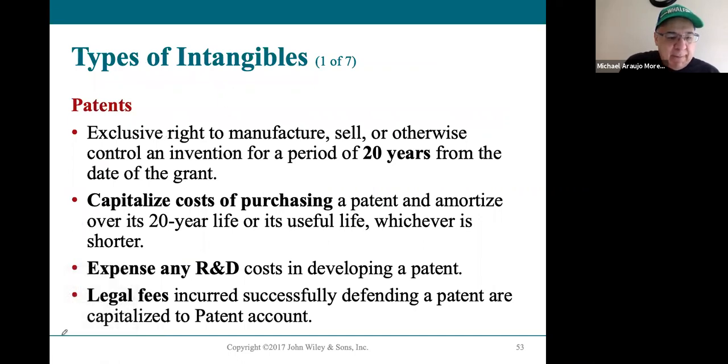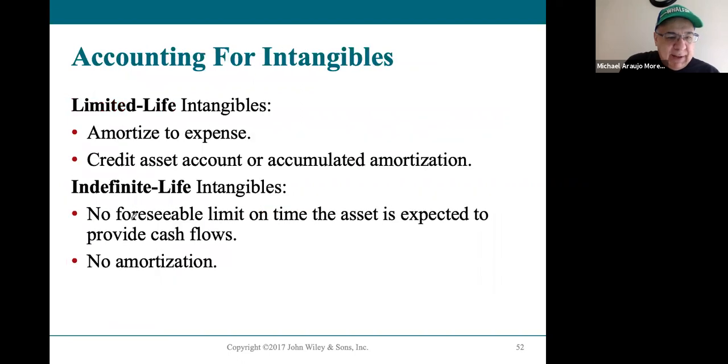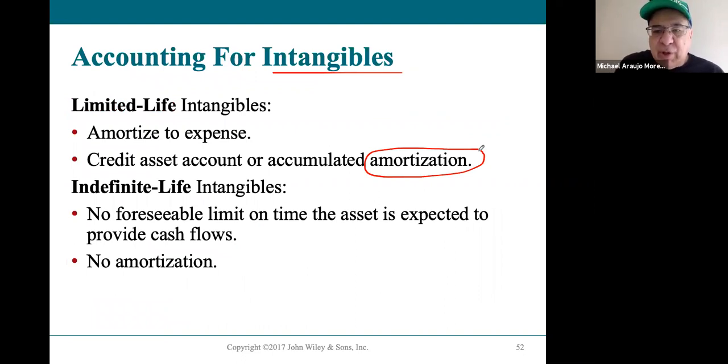Oh, by the way, patents. Any type of intangible asset, they go through a process called amortization, which is sort of like depreciation for your property, plant, and equipment. Some intangible assets will go through that similar process, but the process is called amortization. Okay. But not everyone can use amortization,